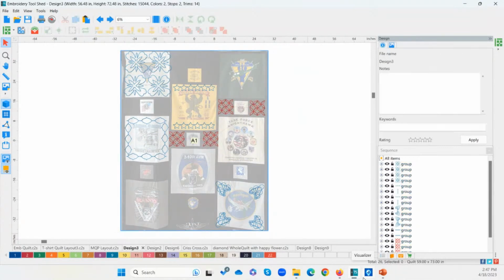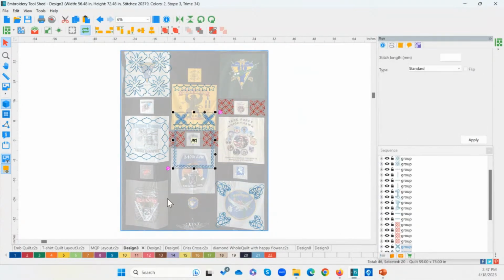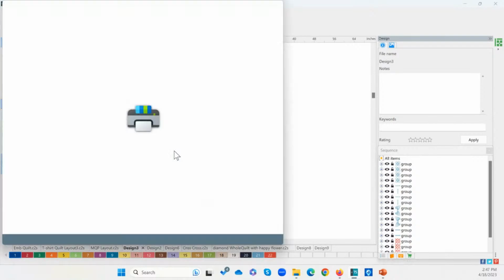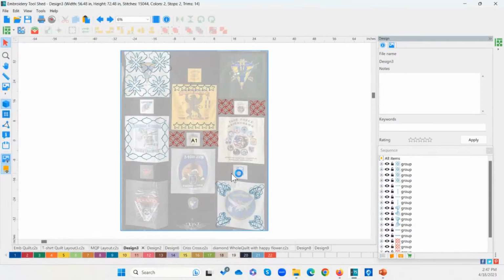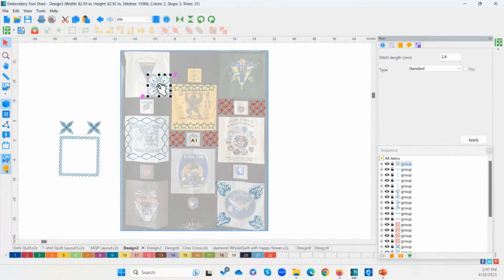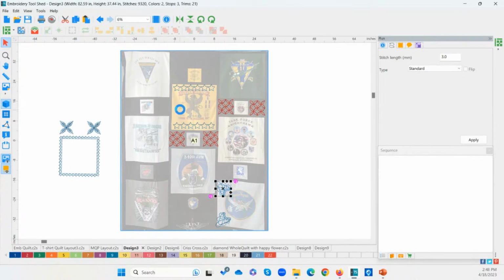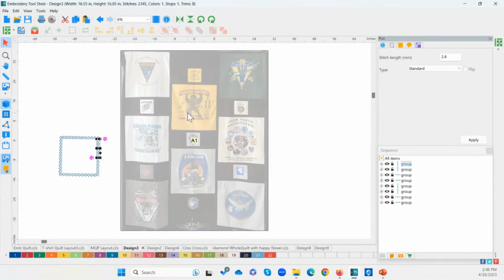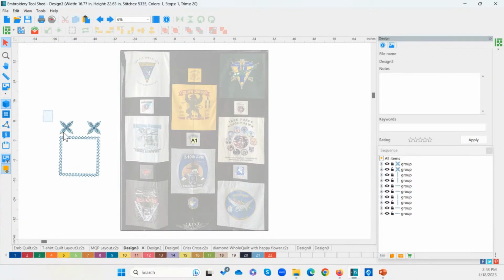And I'm just designing for one block. So if I paste this, let me do an undo and paste it again. Wrong button, not print. So I want paste. And here is my one design. So maybe you are wanting to do this for every block. You don't have to design the entire quilt. You could always just take a photograph like I've done here. Let me do my undo here. And you're just designing on one block, but this would maybe work for each of the blocks.